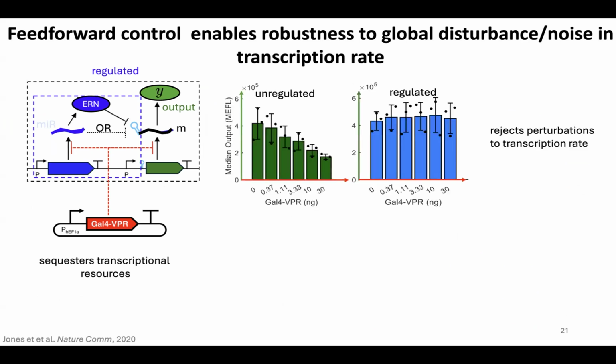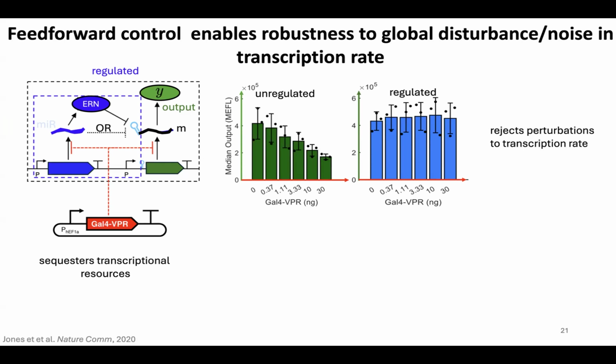Comparing the unregulated system and the regulated system, the unregulated system had a substantial decrease in the output fluorescence as you keep sequestering resources from your transcription, while the regulated system essentially remains at the same level. And this was also published by the PhD work, right, by Ross Jones and Healy Hyun,